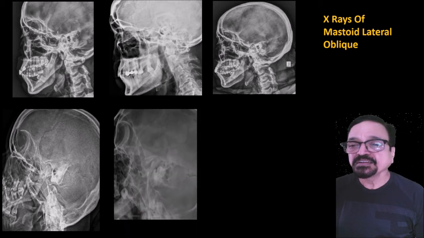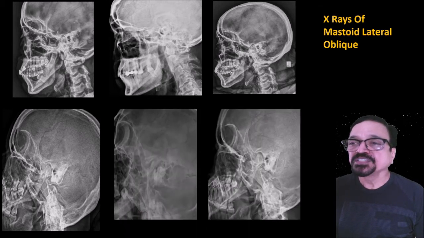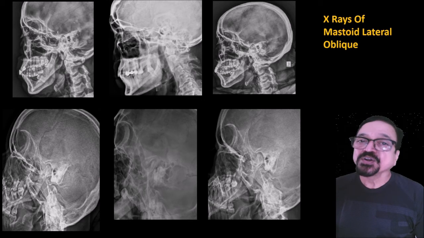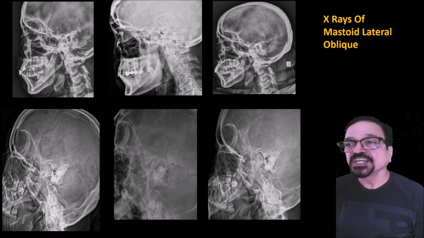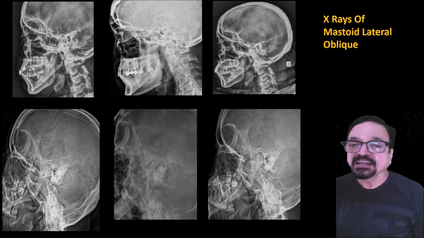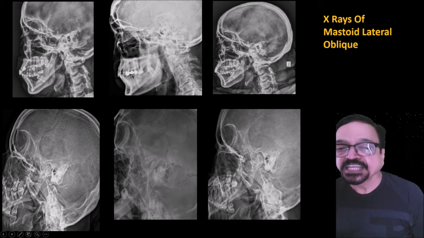Now I will show you different films taken. If you see in more detail, you can see the mandible getting more and more distorted. The more the angle, the more is the distortion, not only of the mandible. If the mastoid gets distorted, that means your position is not a perfect skull lateral. So one thing, position has to be skull lateral, and you will have to give cephalad angulation. If there is also angulation of the mandible along with it, then you will have difficulty in both the angulation and it will distort everything, and you will not get good pictures as you are seeing in this picture.